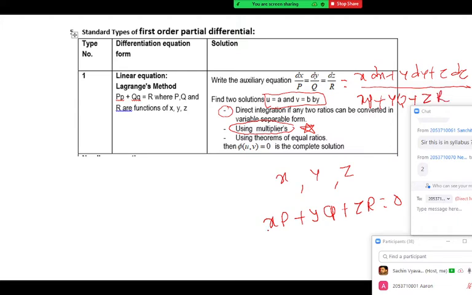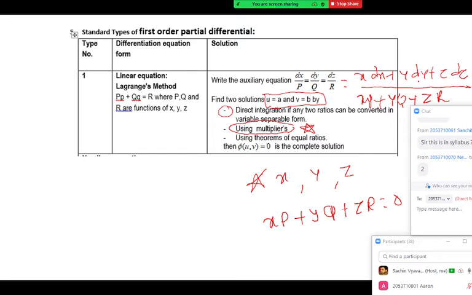Now we have already seen that the multipliers we select, not necessarily always x, y, z, are generally a function of x, a function of y, and a function of z, or some constant. The important part is that our multipliers should be such that when you multiply them to the denominators and add or subtract, the denominator should come to zero. And by the theorem of equal ratios, if the denominator is zero, what about the numerator?